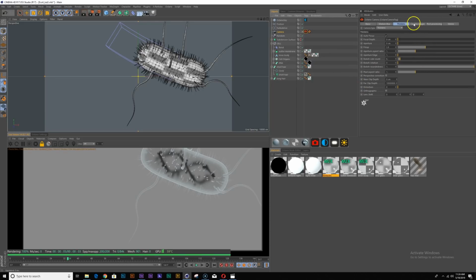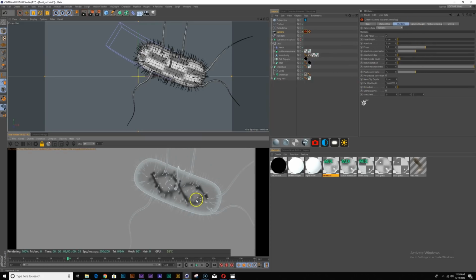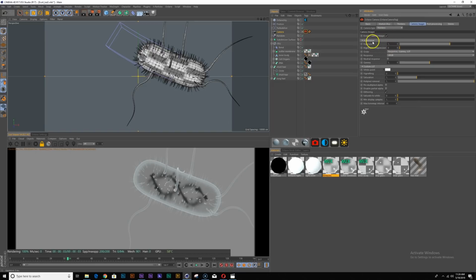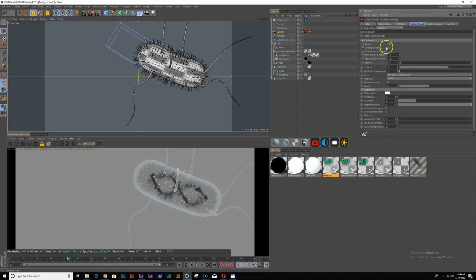I'm not gonna really do anything with this, I'm just gonna leave it as it is, since it looks pretty good. Oh, you know what? I'm gonna try it. Under Camera Imager, you have the option to enable the AI denoiser. So let's just take a look, see if it makes a difference.